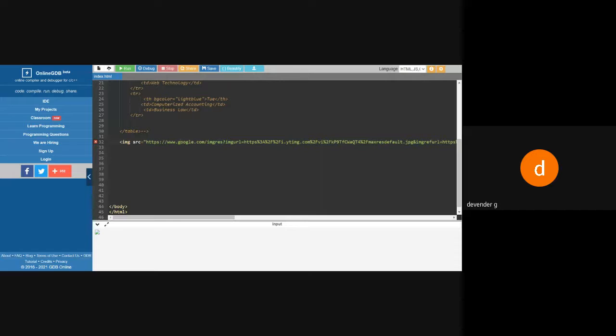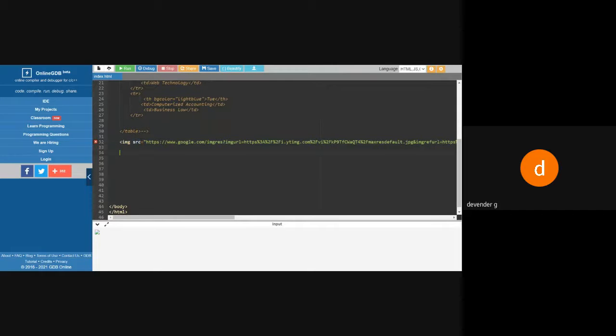So if it is connected, if they have improved, if they have updated this one, then maybe in future I may get the image over here directly. Right now the image is not going to come, but the only thing you have to remember is that the tag I require is image.